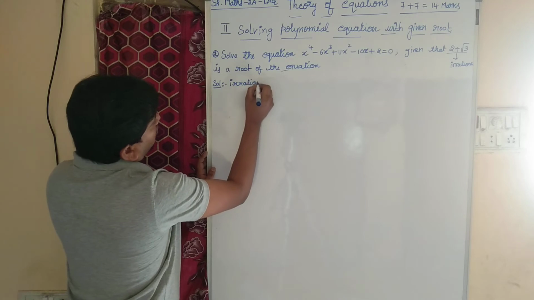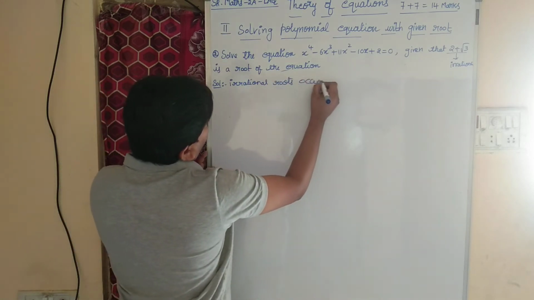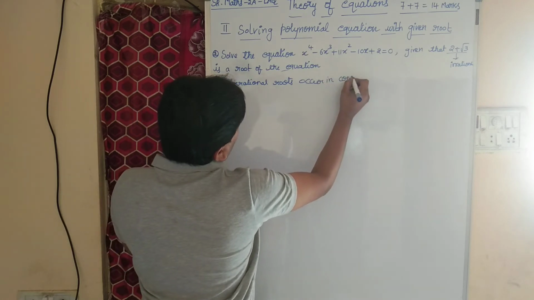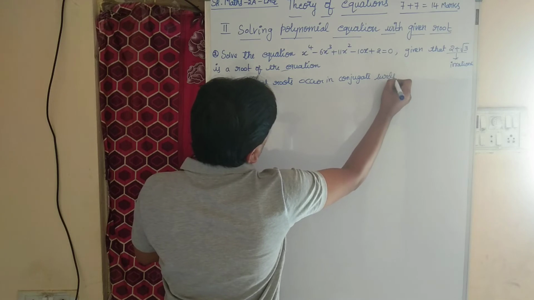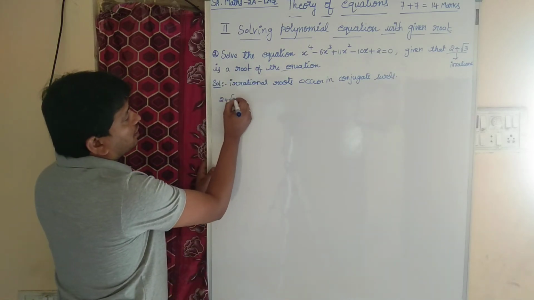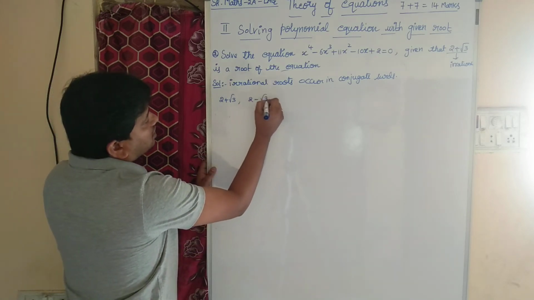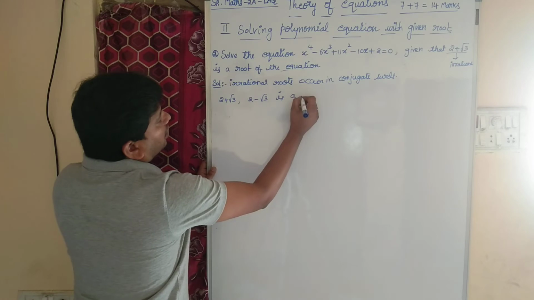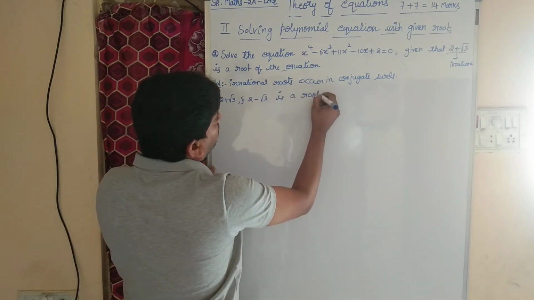Irrational roots occur in conjugate surds, right? Therefore, one root is 2 plus root 3. What about the second root? 2 minus root 3. 2 plus root 3 and 2 minus root 3 are roots of